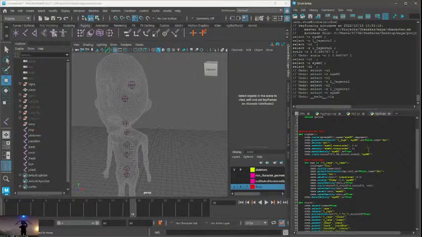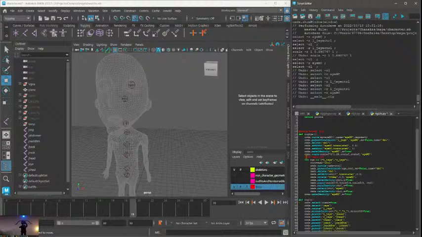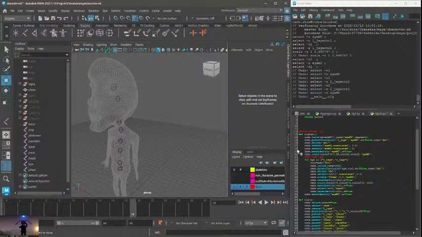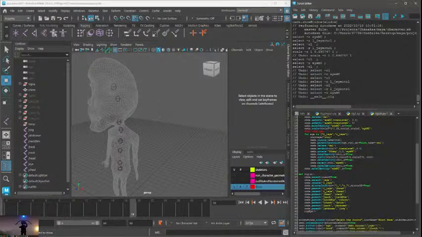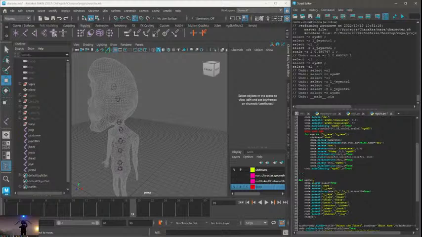Now, what I'm going to do is select that rig, after selecting the cmds select, you're going to select the control,